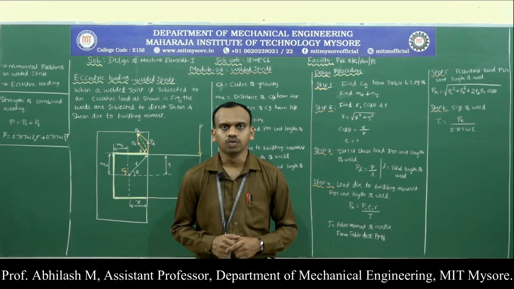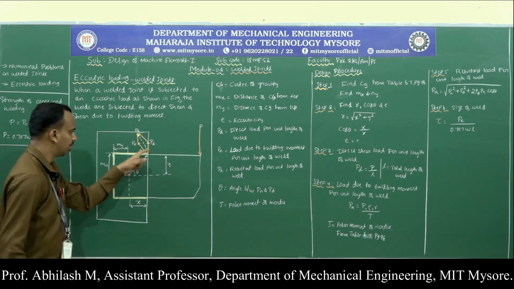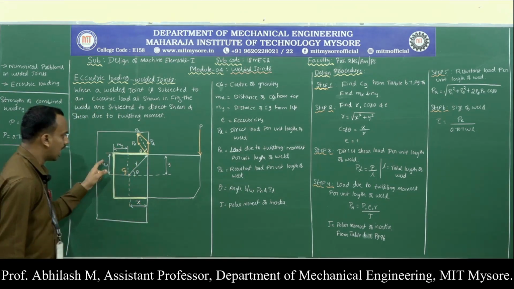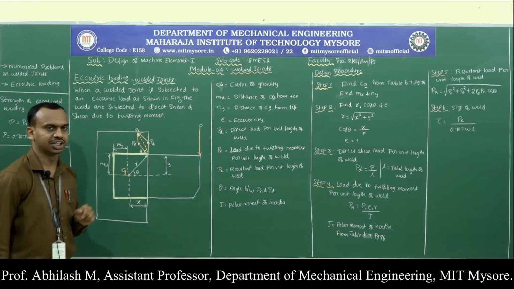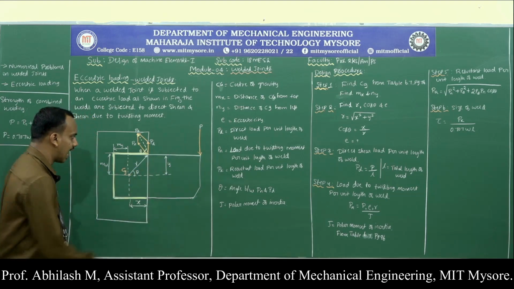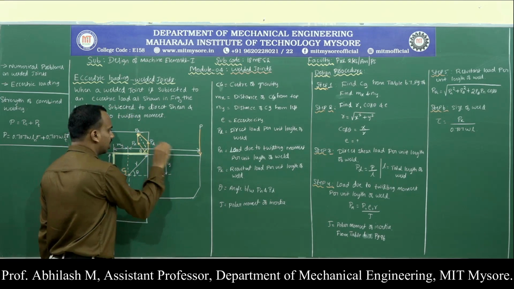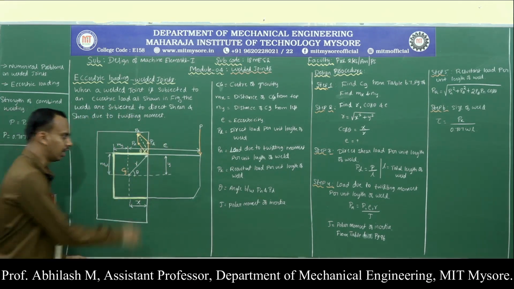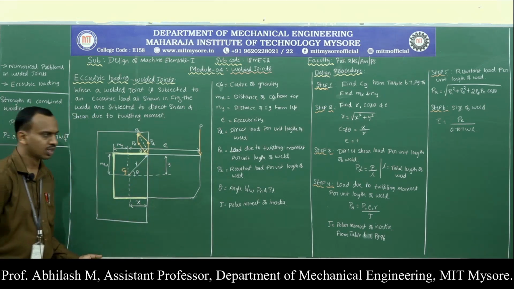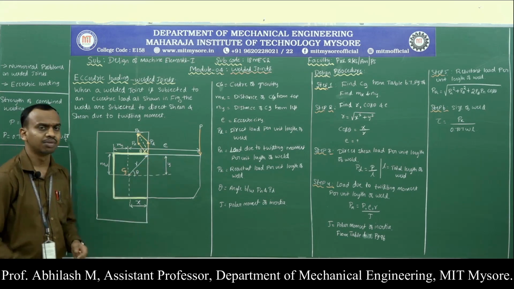Now let us look into the condition where a welded joint, typically a combined welded joint, is subjected to an eccentric loading condition. Here you can see that the applied load is acting at a distance from the center of gravity. It is not acting along the axis either in x or in the transverse direction. So it is acting at an eccentric distance, which is denoted by the term E.